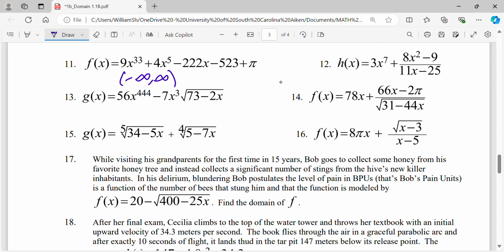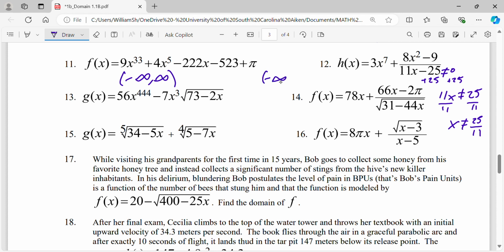Number 12. h of x equals 3x to the 7th power plus 8x squared minus 9 divided by 11x minus 25. I just have to make sure that 11x minus 25 is not equal to 0 for my domain. So I'm going to add 25 to the other side. This is going to give me 11x cannot be equal to 25. I'm going to divide by 11. So x cannot be equal to 25 divided by 11, or 25 over 11,